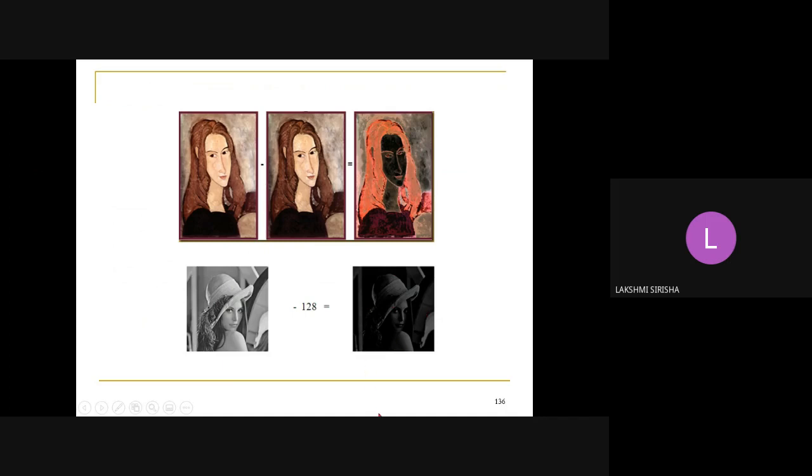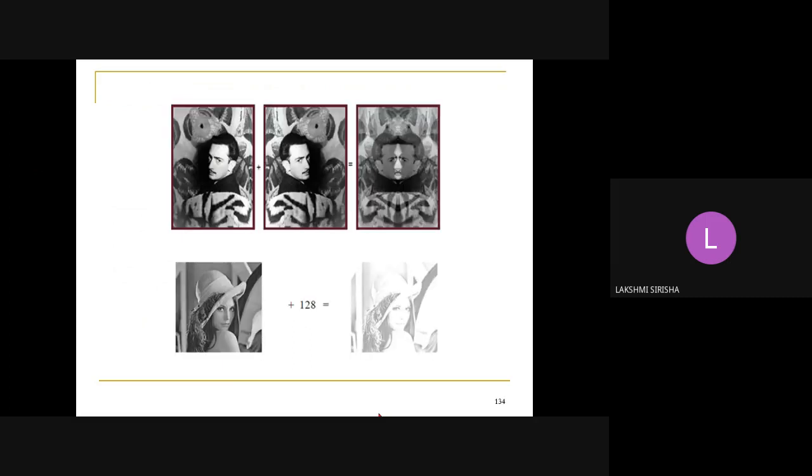Just observe the minus 128: we get dark values. After subtraction, the image looks like a dark image. That means all the pixels are very near to 0. But see here, with the addition of 128 to the image, the output image is very bright. That means all the pixels are very near to 255. Plus addition means what happened? One value plus 128 means the value is very close to 255. Plus 128 means every pixel value increases.